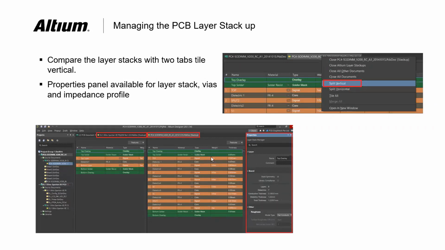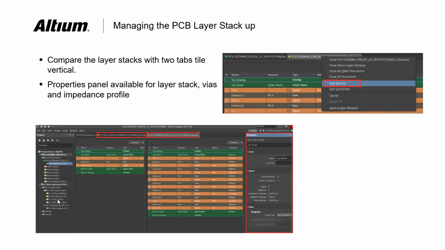Suppose, for example, I want to follow the PC4 layer stackup for my SL1. I can edit it by going to the layer stackup, and then change the material or add layers. I can do all of this inside this vertical split panel, compare it, and change whatever I need. You can also see in your project panel that the layer stackup is now available under each project. This was not available in the earlier versions, so you can have your own layer stackup in their projects.